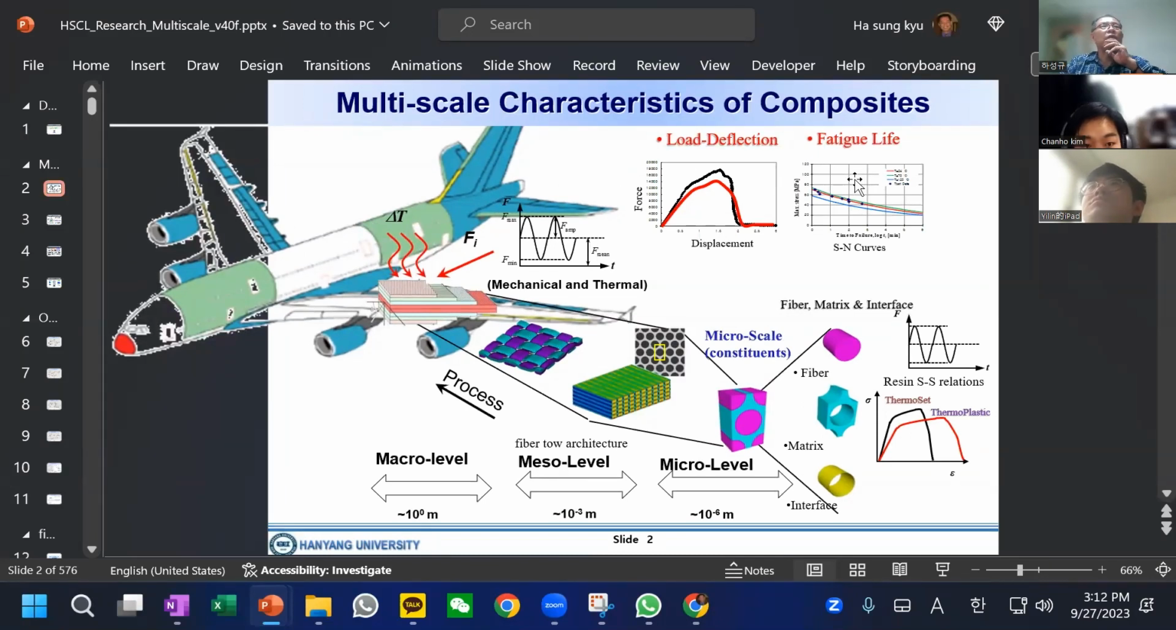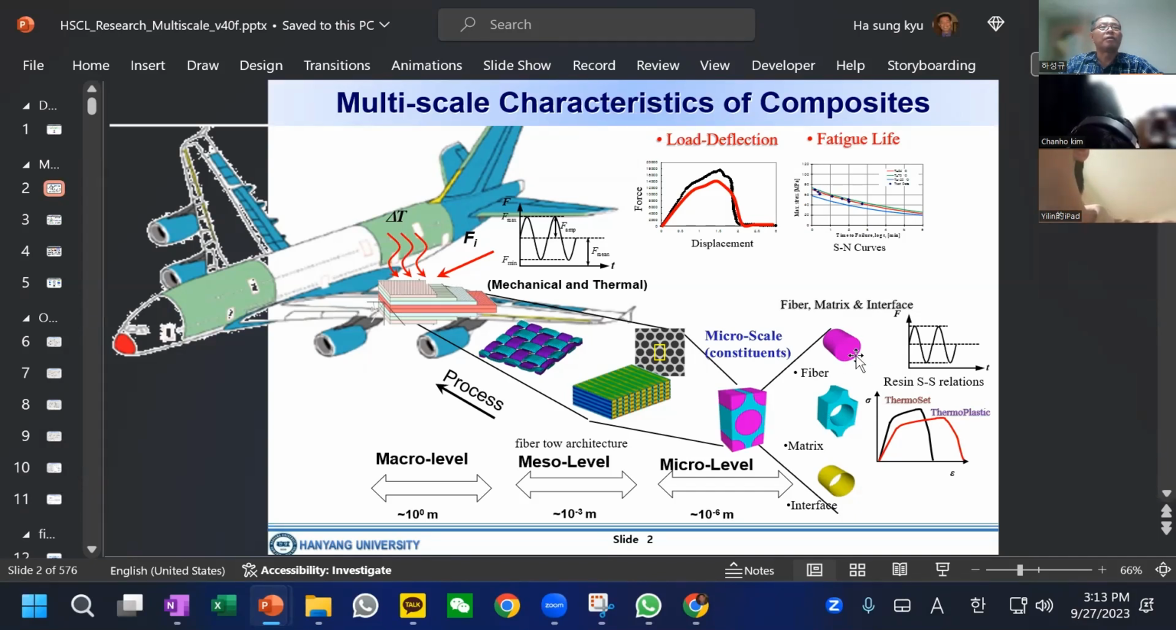One of the most important points of composite material is the multi-scale characteristics of composites. As I briefly mentioned last time, what's the size of the diameter of the fiber? That could be at the micrometer level, 10 to the minus 6. The typical diameter of a carbon fiber is about 6 to 7 micrometers, and this represents